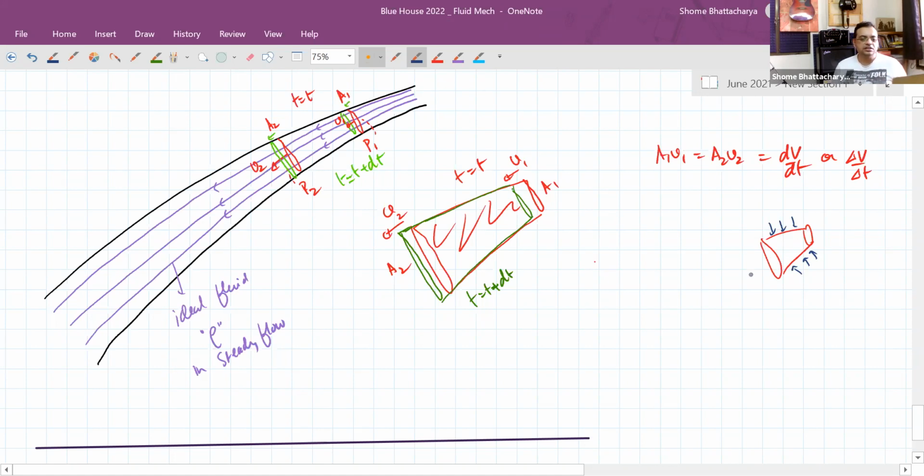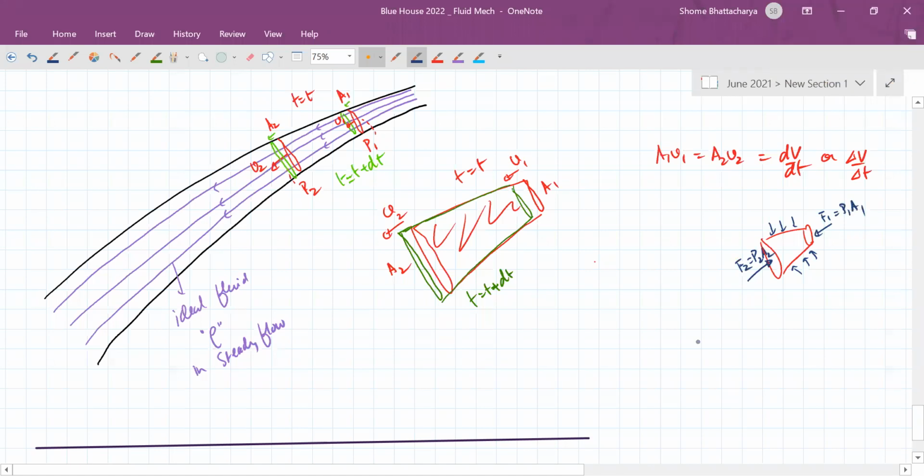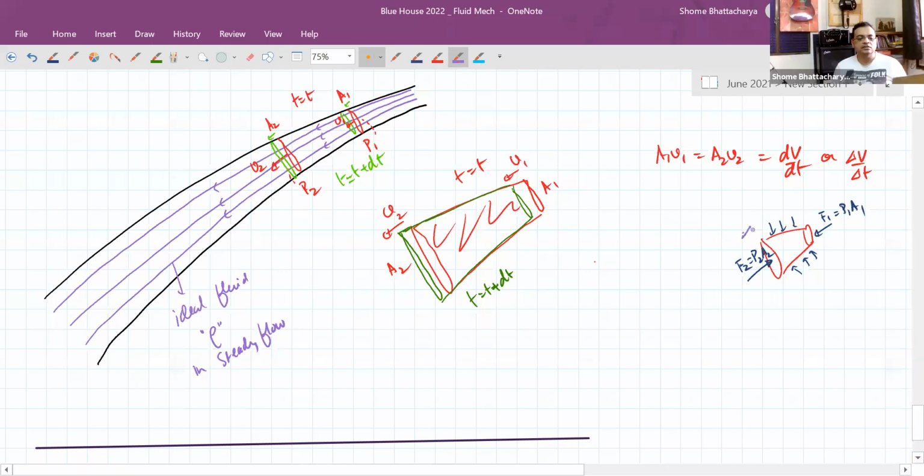But this cross section is being applied with a force because of the fluid pressure at this face. So there's a certain amount of force, let's say F2, which is pressure at that point times area. And similarly, this surface is being pushed downwards because of the fluid pressure from the fluid above this section. So that is F1 equal to P1 A1. Now as the fluid is moving in this direction, you can see that this force F2 is doing negative work. This force F1 is doing positive work. Okay. So as this fluid element is moving from t to t plus dt,